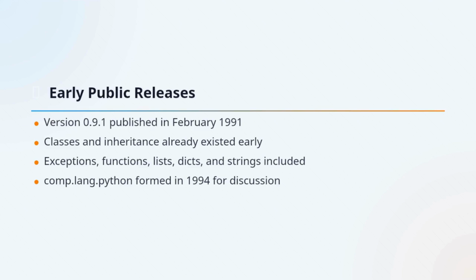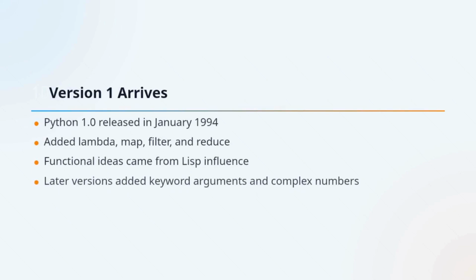By 1994, the comp.lang.python discussion forum had formed, giving the growing community a main place to talk and collaborate. Python reached version 1.0 in January 1994. One of the biggest additions was a set of functional programming tools, Lambda, Map, Filter, and Reduce, which were contributed through community patches. As Python 1.x evolved, it also gained keyword arguments and built-in support for complex numbers, making the